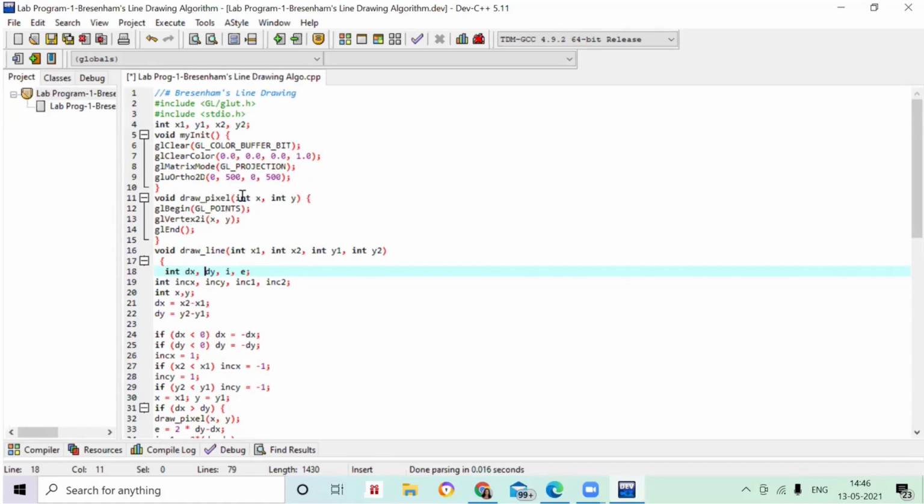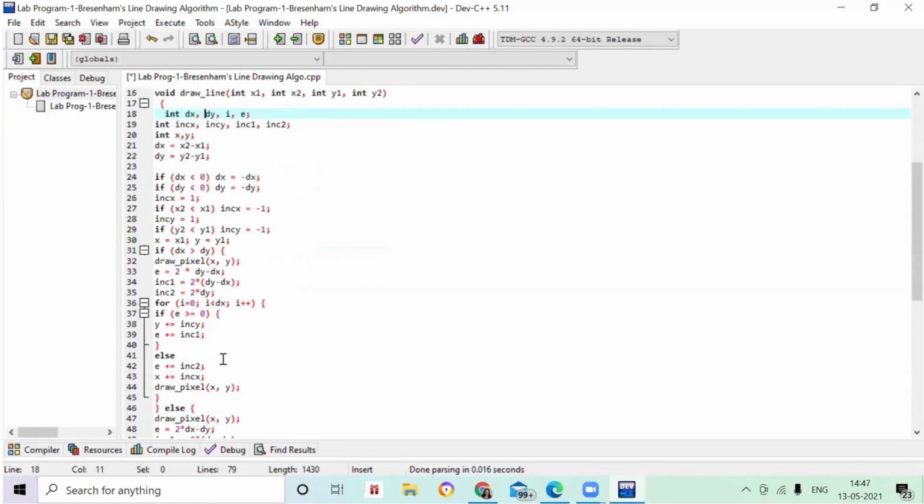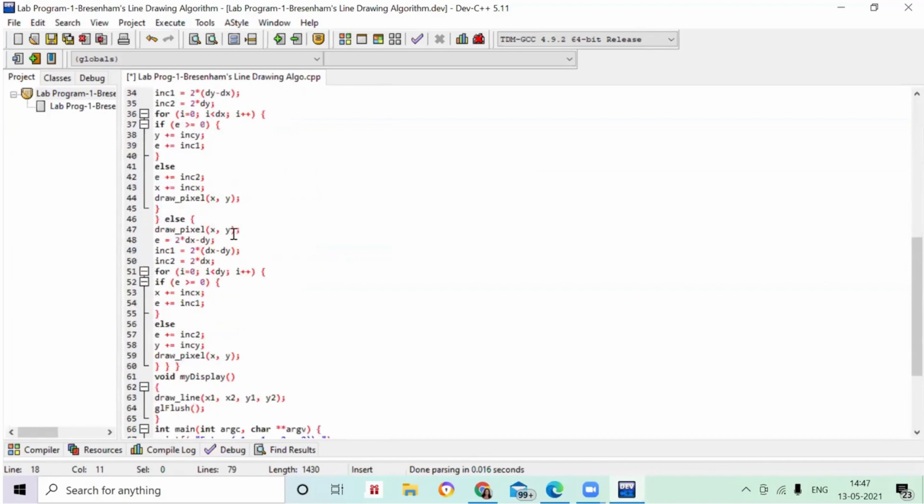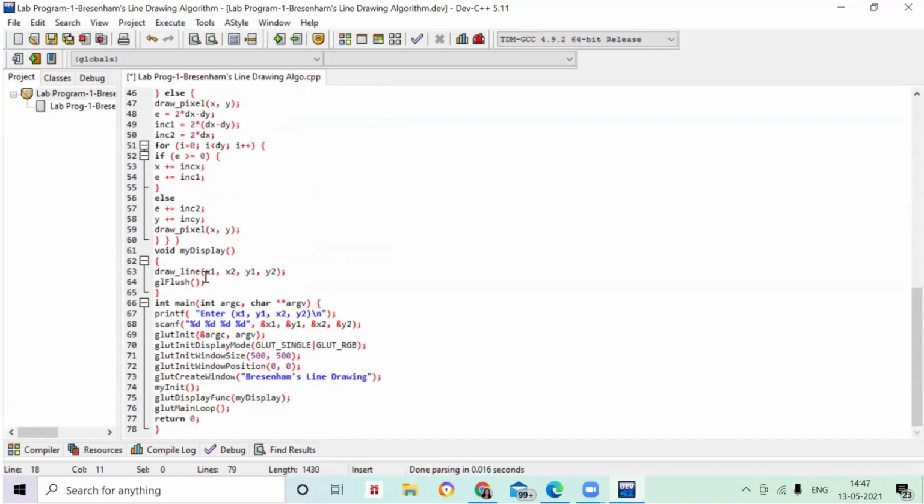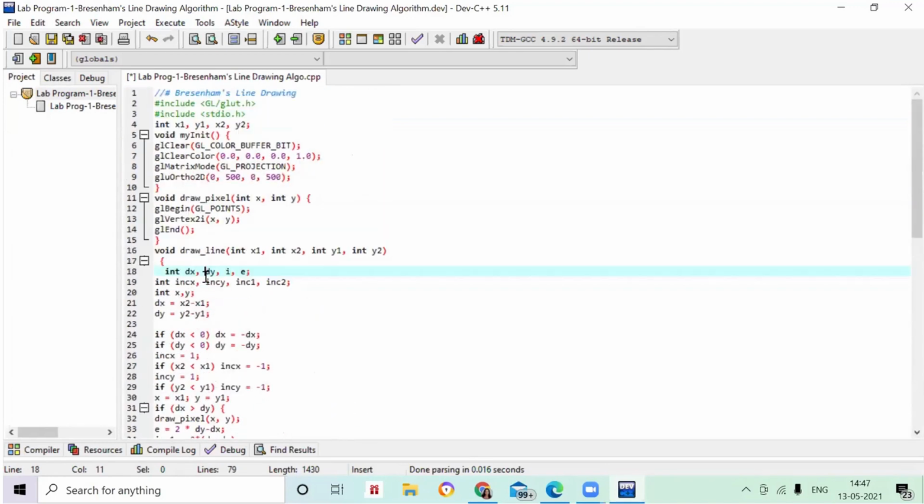Okay, so it will place all the points wherever draw pixel is there. It will go and place the points. Again it will go and place the point. If the else part is not working, if the if part is working, then it will go and plot the point. Once the points are ready, it is going to draw your line, because we are writing here only draw line, right? So it's going to plot it. So in this way you are going to write your program.